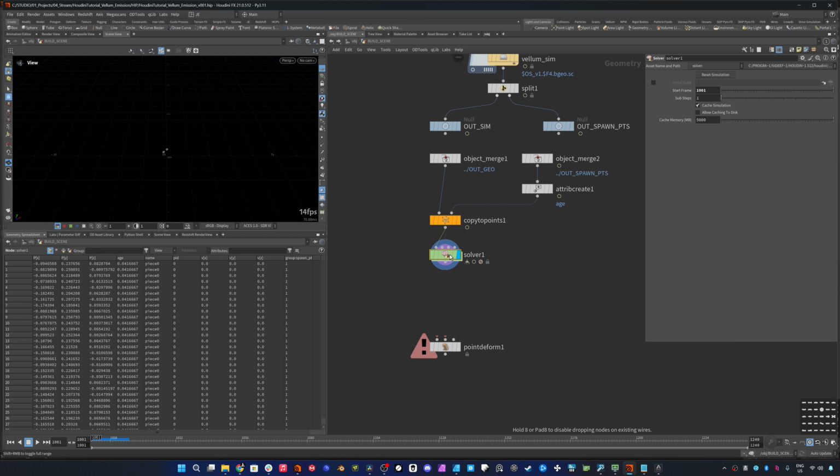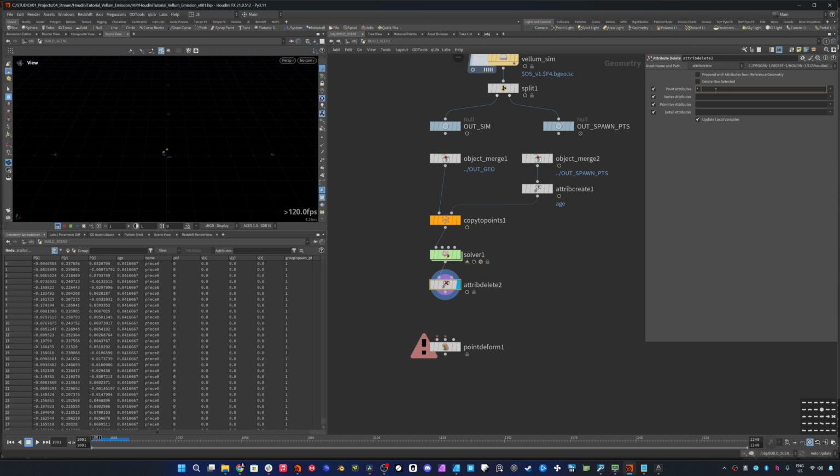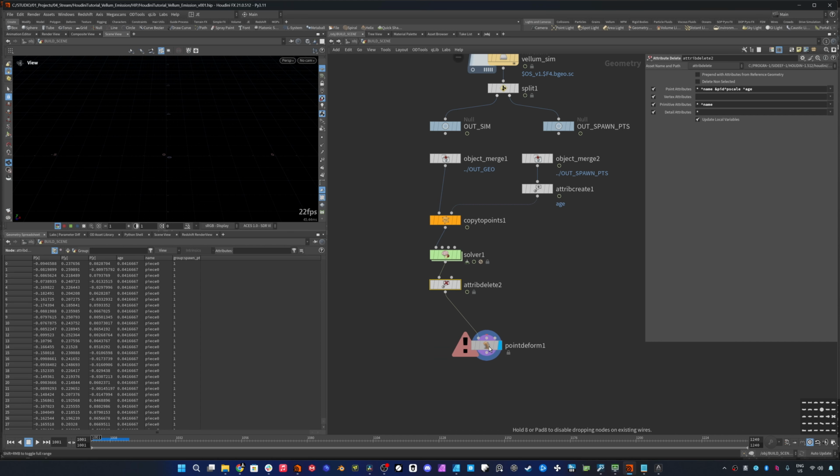And after the solver SOP, I'm just going to drop down an attribute delete. And here I'm going to delete everything aside from the name, PID, pscale, and age. We can then pipe this into the first input of the point deform node, since this is the geometry that we'll want to deform. The second component that we need for this to work is a rest state of the